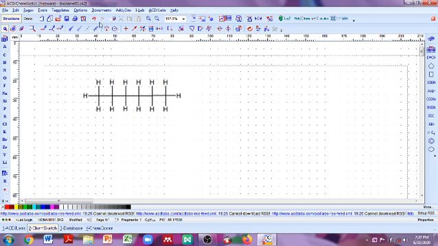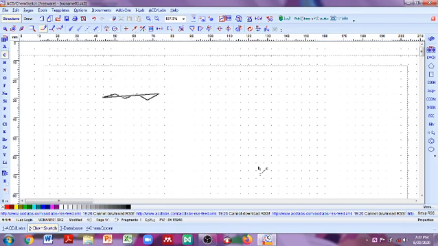Now this one is normal hexane. If I want to convert this normal hexane into cyclic, what do I do? Go back. Again go for the normal one. Select carbon. If it is already selected, don't worry. Put the cursor on carbon and drag it up to the second carbon.